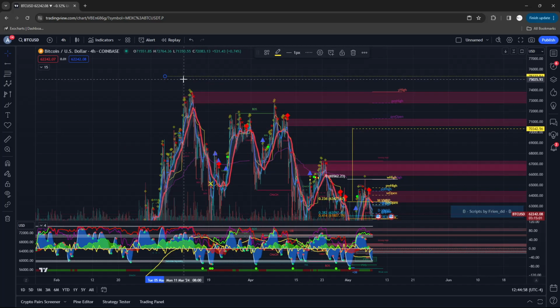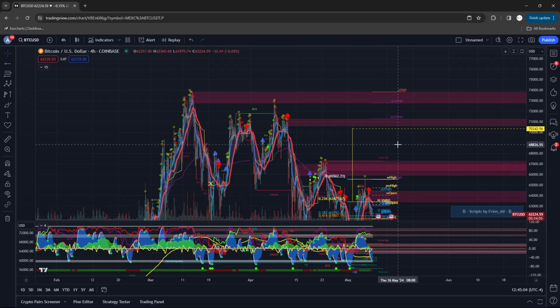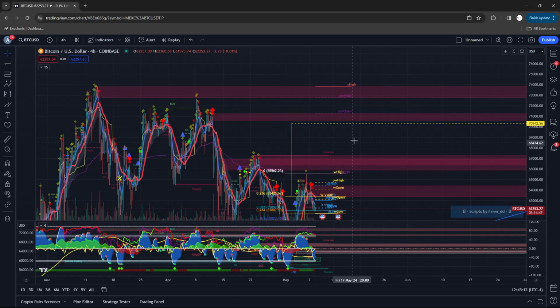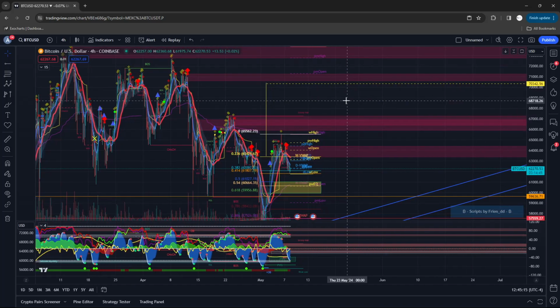That was the old target. Let's delete that. So really the line in the sand is this all-time high of 73,834. Trust me, there are a lot of shorts up here. There's going to be a lot of people shorting the crap out of it. So you may come up, see a rejection, but the whole point here is this isn't going to be an